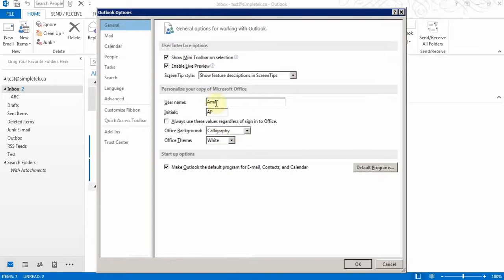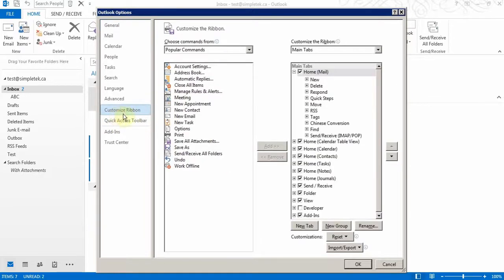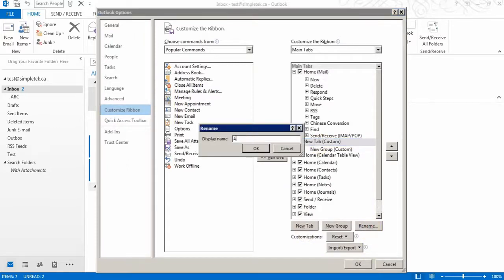You can put your username here, and if I go to this Customize Ribbon option, this is where I can customize the ribbon to add my own tabs here, and this is good in all 2010 and 2013 Office in Word, Excel, everywhere. So I can add my own buttons here. So if I click here and I choose new tab, I can click it and I can rename it, and I can give it my name,